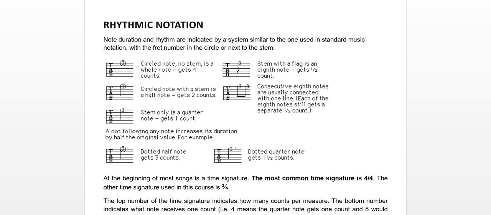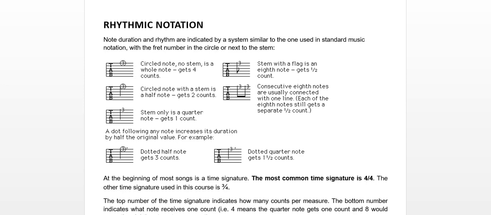Hi, in this video we're going to study the rhythmic notation. Now the note duration and rhythm are indicated by a system similar to the one used in the standard music notation. The only difference is that the fret number is in the circle or next to the stem. So instead of just having the numbers, now we're going to have a symbol that indicates how many beats this